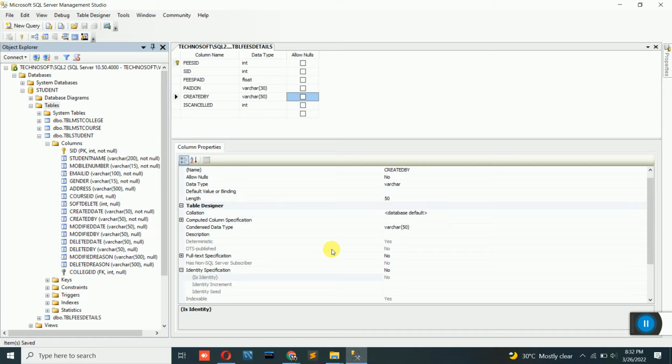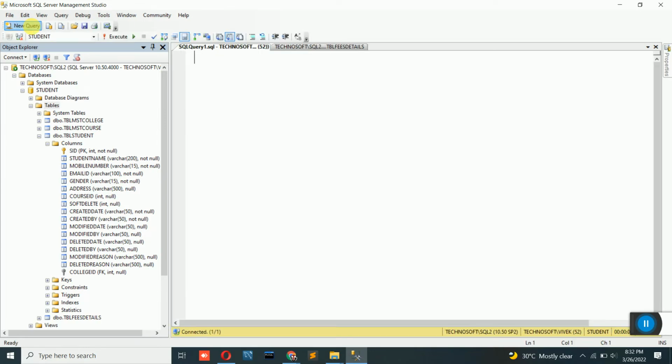Okay, so I have entered the data now. Now let us insert some data inside this. So to insert the data, go to the new query option. Whenever you are inserting data, make sure that you have the name of the table